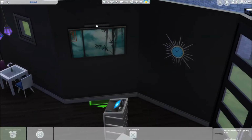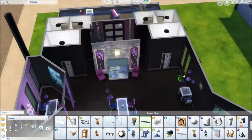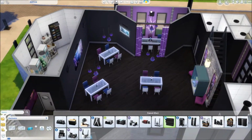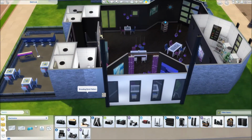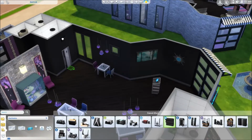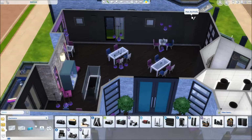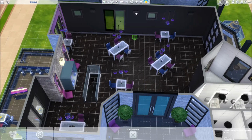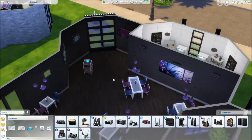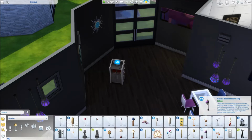I put some lights, which I think you unlock with the painter career, maybe. I'm not sure, but in build mode, if the lot doesn't belong to any family, you can use anything you want, and that's what I did. And I think we're almost at the end of the